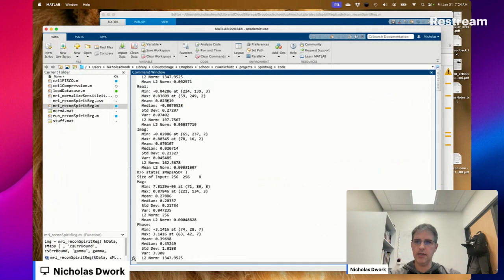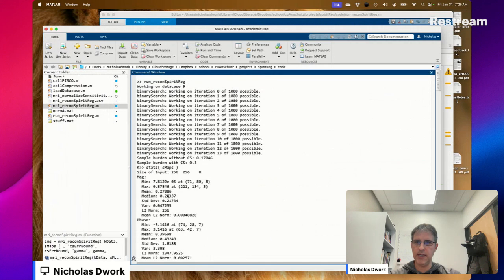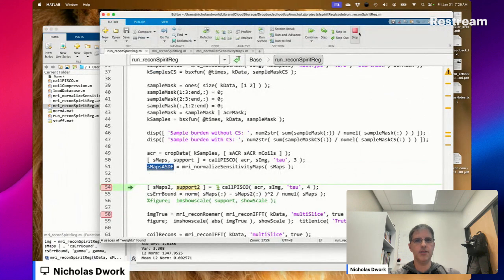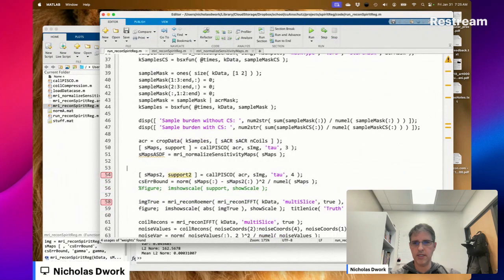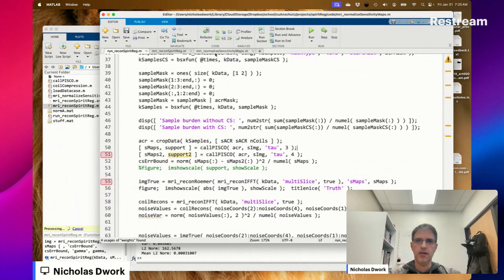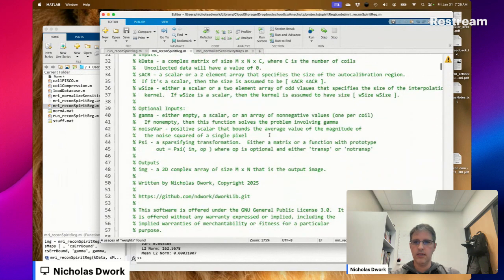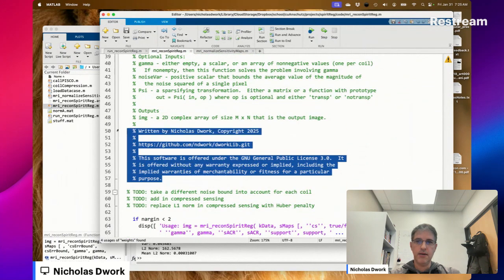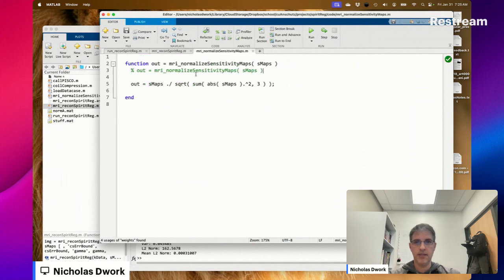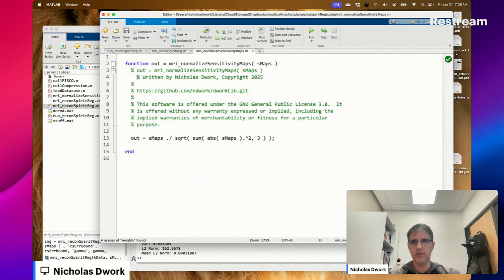It looks like they are already, the mean is 2.788, then the sensitivity maps are already being normalized. And they're being normalized this way. That's interesting. We're definitely going to copyright that. I mean, that is valuable.